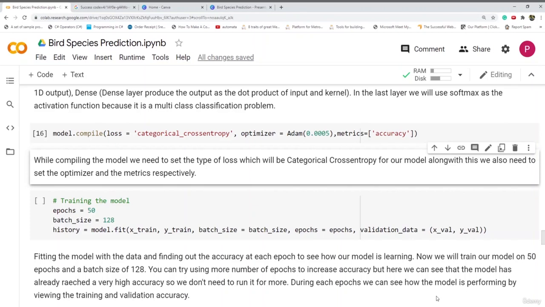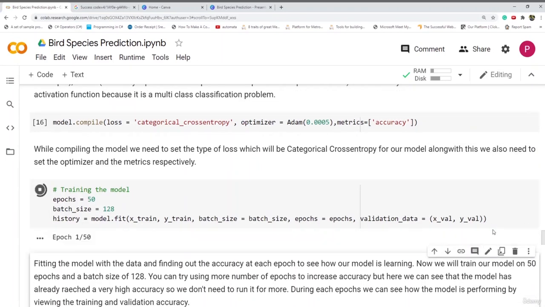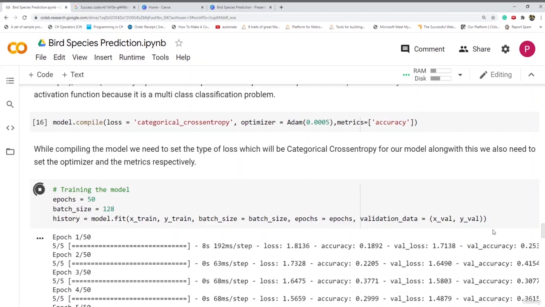During each epoch, we can see how the model is performing by viewing the training and validation accuracy. So let's run this fit command and see the accuracy. While this is running, let me tell you about epochs and batch size. If you increase the number of epochs, the accuracy increases,